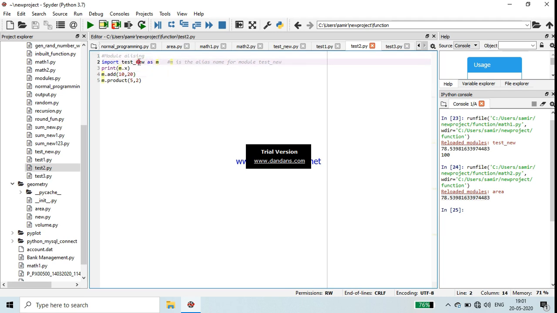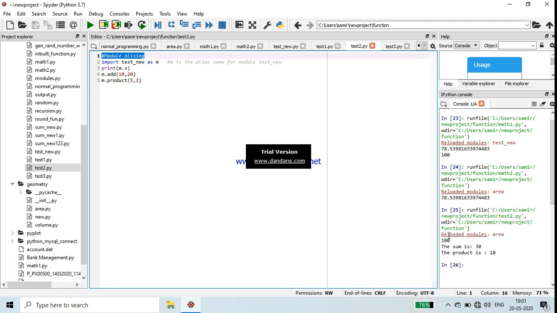Print m.x, so m.x means the value of x, which is 100. Then m.add, the add function of the test new module will be called. Then m.product, the product function of the test new module will be called. So it is called module aliasing. See the output. Here 100, the value of x, the sum is 30 as per the values 10 and 20, and the product of 5 and 2 is 10.